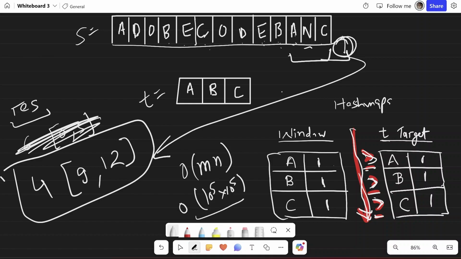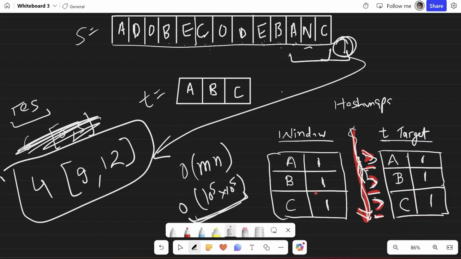Now we'll need to reduce this time complexity somehow and find a workaround so that we can remove this effort that we are repeating again and again on each match. Just to reiterate the process we are repeating here, for example, I was at this substring ADOBE, and I've not taken C into consideration right now. When I reached A here, I already know that A's condition is fulfilled and B's condition is also fulfilled. So when I reach C, I don't want to recheck in the hash map that A and B's conditions are fulfilled or not, but only check for C now.